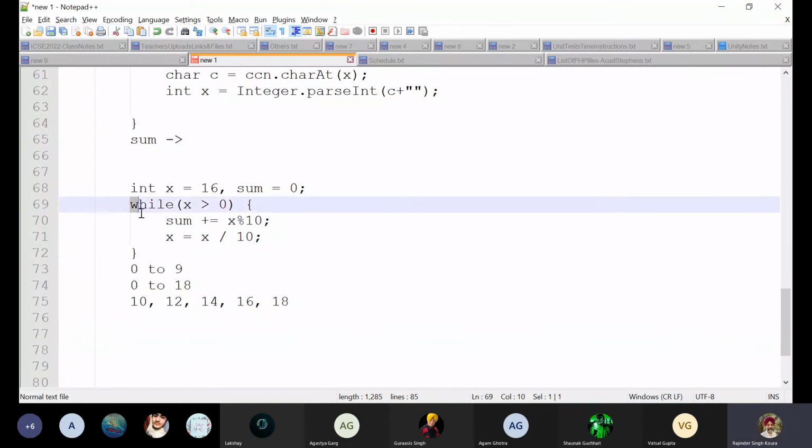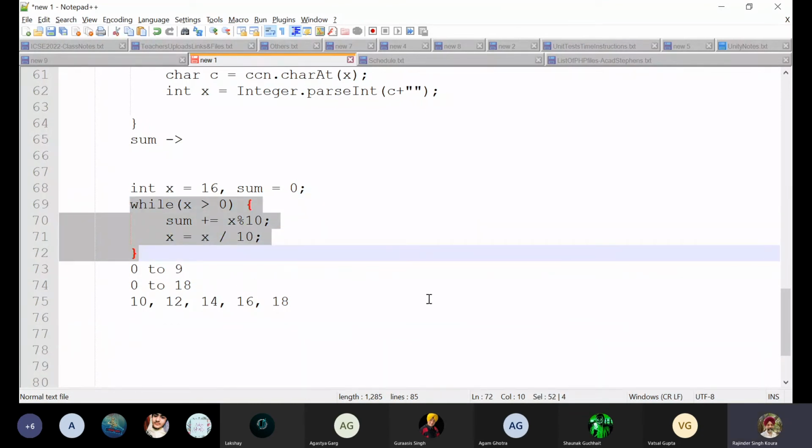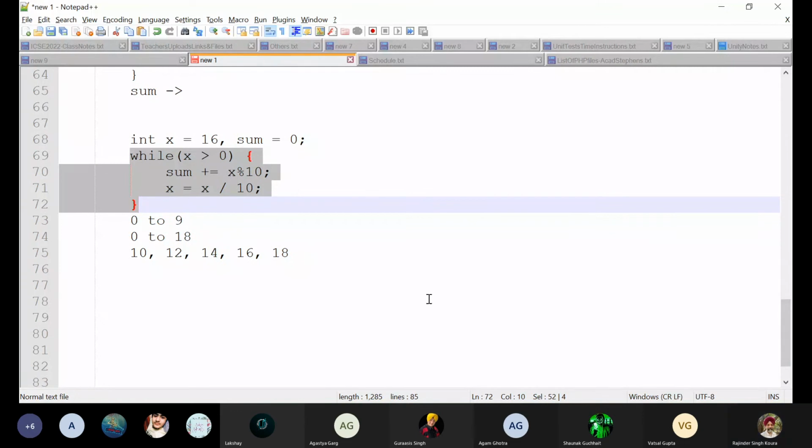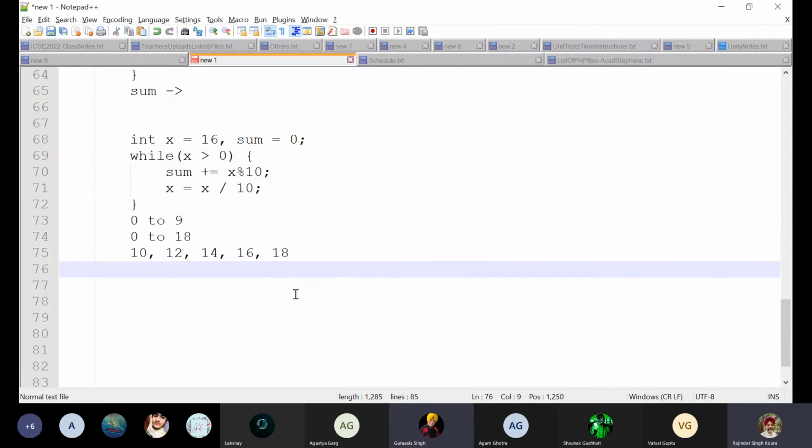Okay, Agam, this answer is correct. But can I have a simpler solution? Can we have a simpler solution? There are so many. Okay. Gurasis, tell me. Any other? Sir, sum is